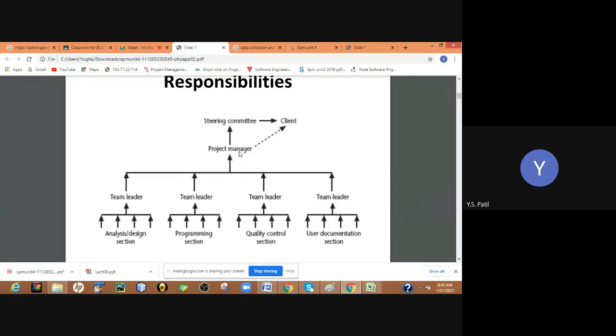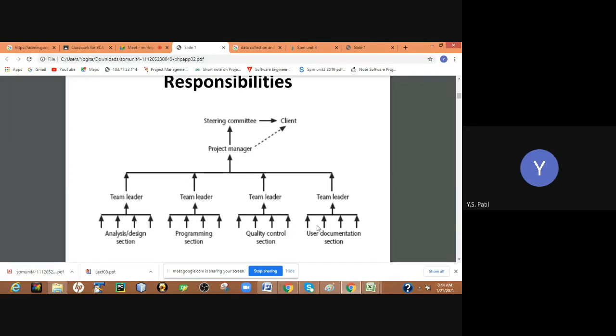The project manager reports to the higher authority, and is also responsible for communicating the project progress with the client. Who deals with the client? The project manager is dealing with the client, which means he is reporting the progress of the undertaken project to the client.